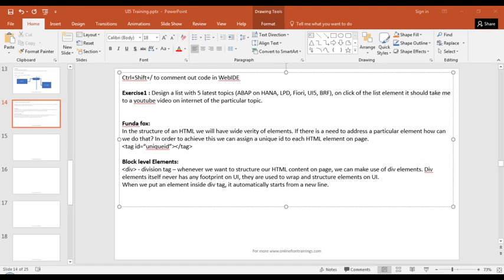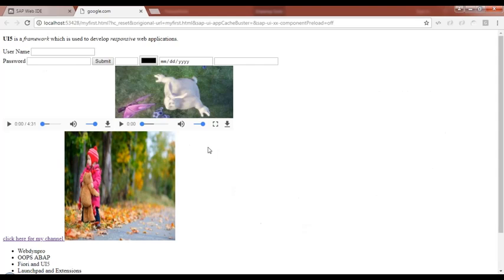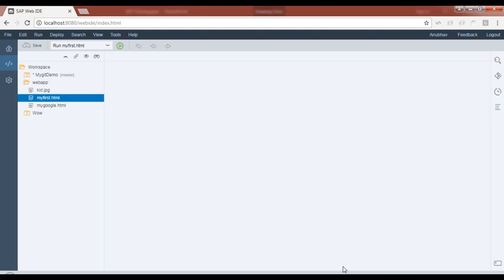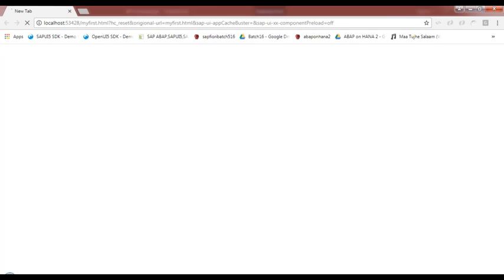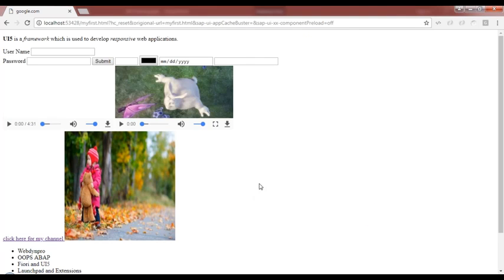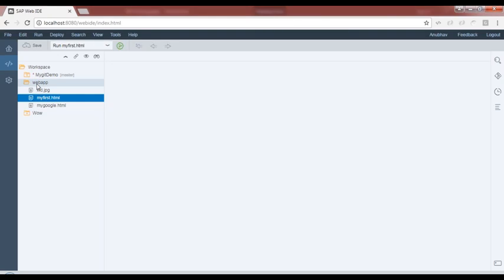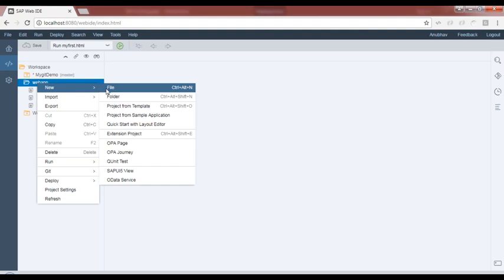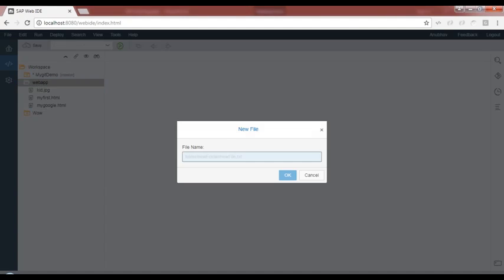So let me just go back, and you can see our website. It looks so crude. It doesn't have any structure at all, right? So we probably want to give a nice structure to our website, so we can make use of div. But before that, maybe I just start with another page. So I click on a new file, and I give a name called, let's say, my or html day2